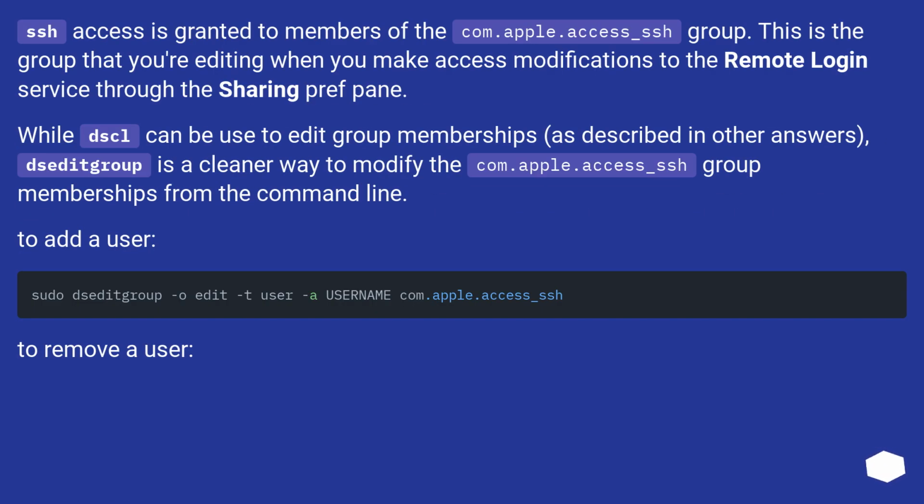SSH access is granted to members of the com.apple.access_ssh group. This is the group that you're editing when you make access modifications to the remote login service through the sharing pref pane. While dscl can be used to edit group memberships, as described in other answers, dseditgroup is a cleaner way to modify the com.apple.access_ssh group memberships from the command line. To add a user, to remove a user,